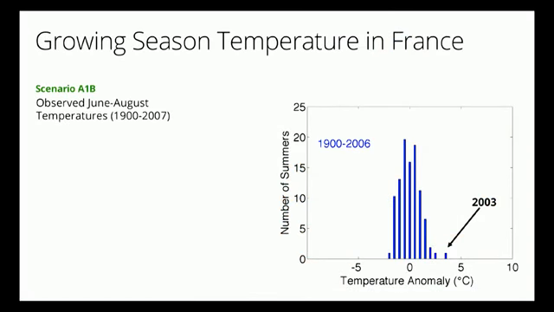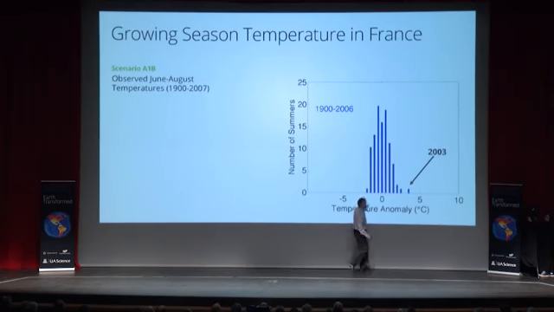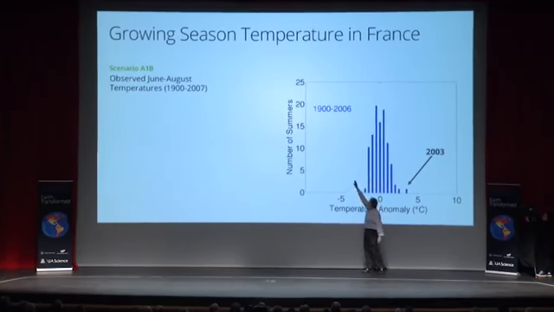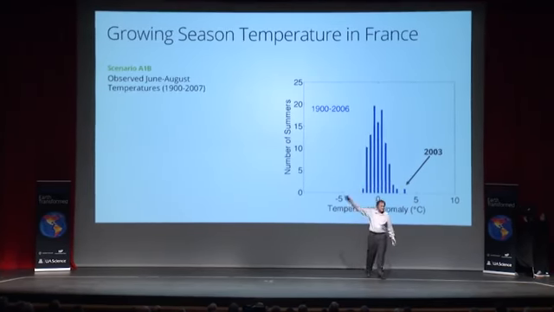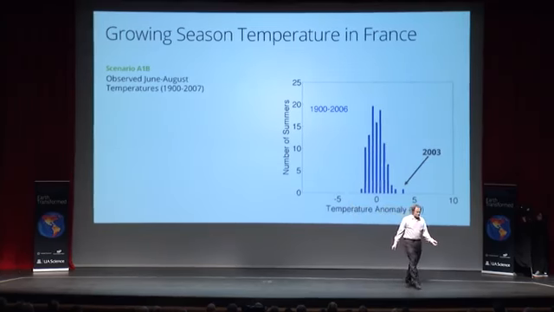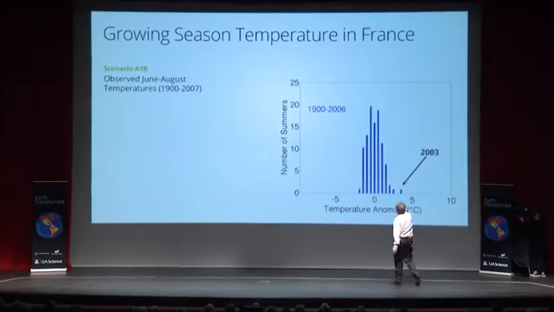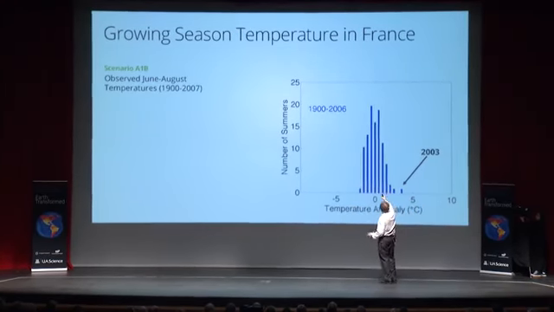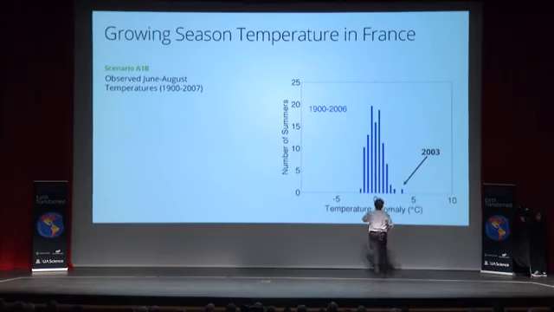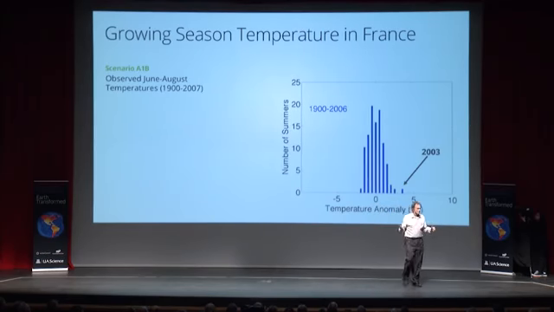Now, this is a little bit complicated plot. What's plotted here is a histogram of summertime temperatures in France, where 0 is normal. And this is just the number of summers in the last 107 years when I did this calculation: the number of summers that were normal, and the number of summers that were 1 or 7. If I take all the summers within half a degree of normal, I end up with 55, more than half the summers.